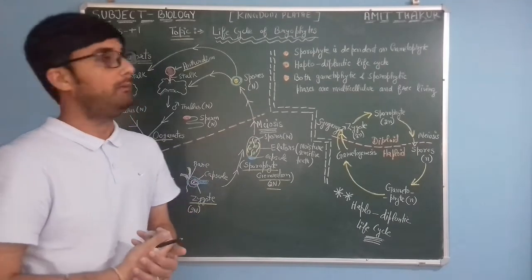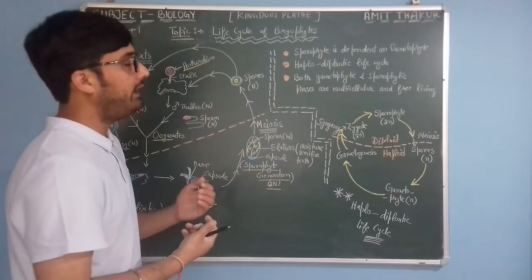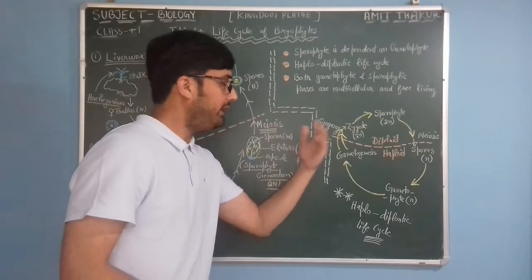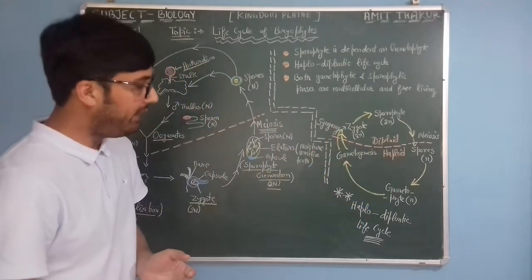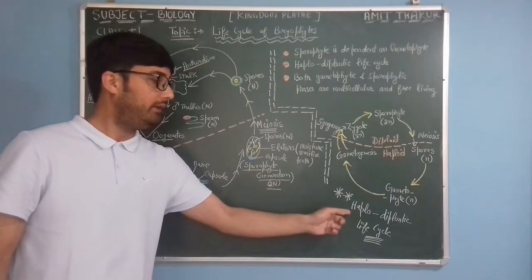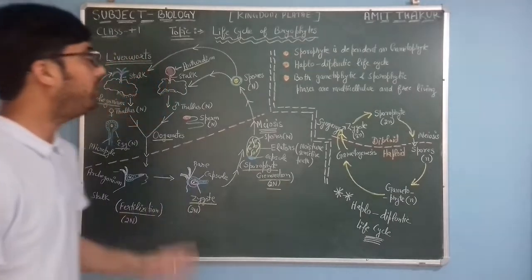But both of the phases are free living, and both have a very prominent place in the life cycle of bryophytes. That's why haplodiplontic. Why haplo first? Because the haplontic phase is long-lived as compared to the diplontic phase. It's all about the life cycle